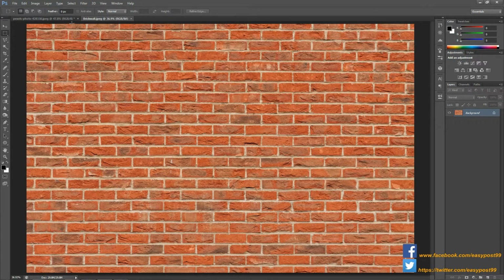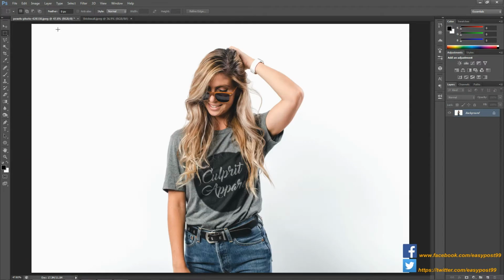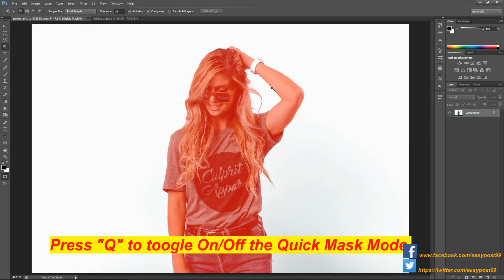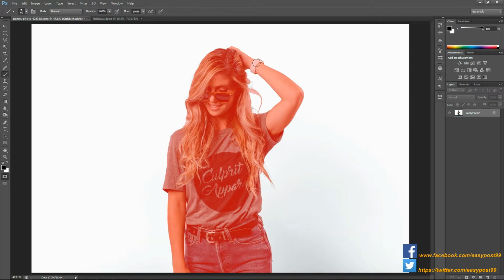Now going back to the second image, I'm going to take the magic wand tool and start selecting the white areas of this image. I'm going to go into the quick mask mode by pressing Q on the keyboard, and then with the brush tool I'm going to paint over the white band. Then I'm going to exit out of the quick mask mode by pressing Q again,